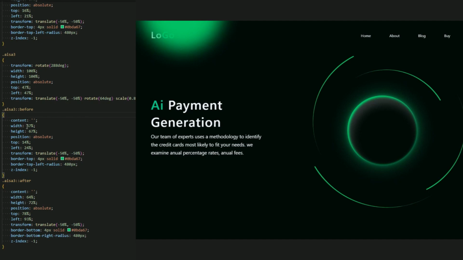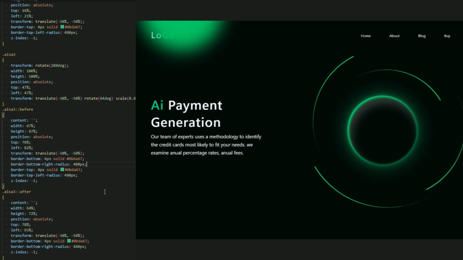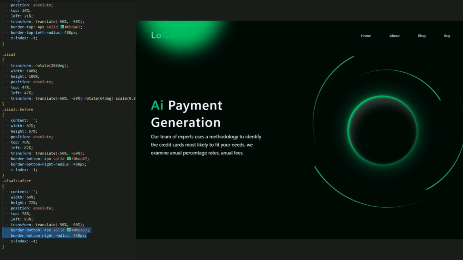Now let me change the top and the left: 76% and left 82%. Okay, the transform be the same, and again let me change this border, and let me set this border top of this after.